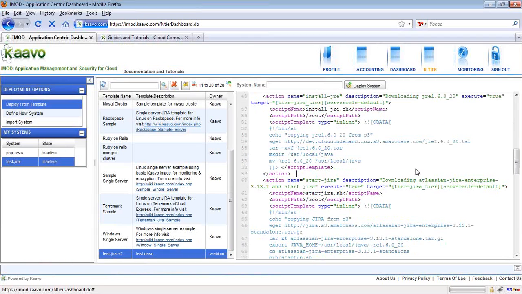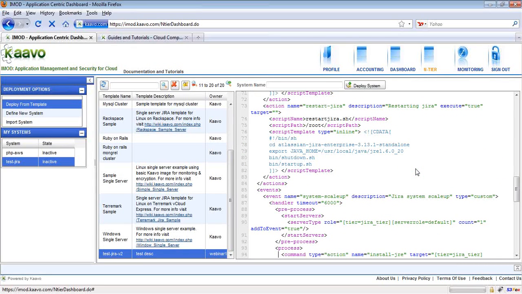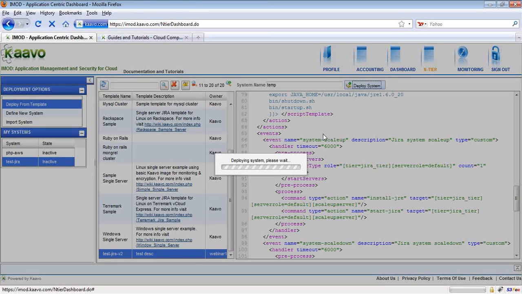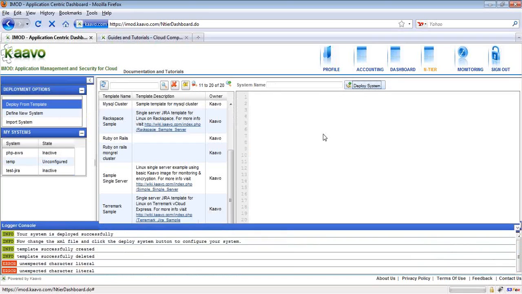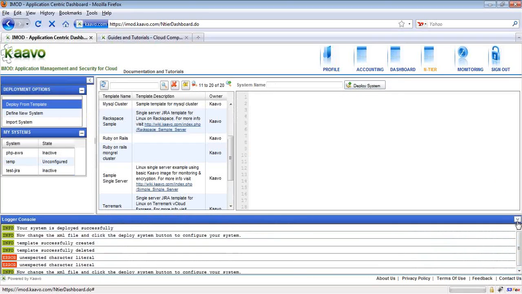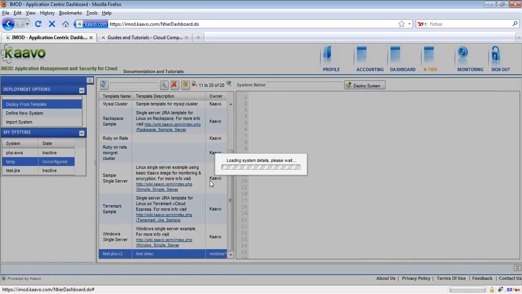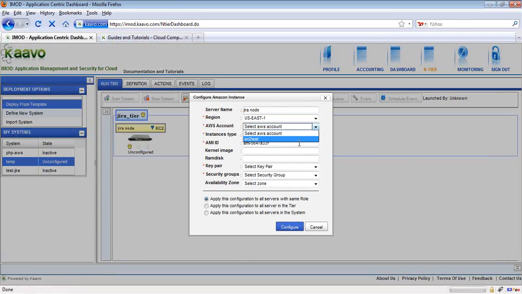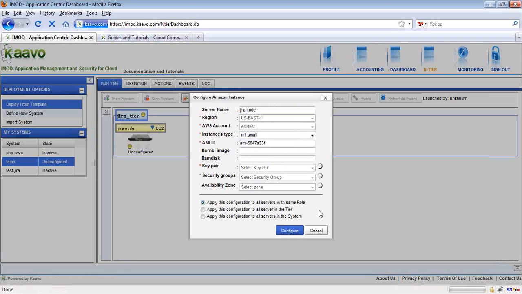The previous template got modified in the code window, and it was done manually. That's why, while deploying it, it's giving an error. So let me try to delete the system cleanup event from this template. Let me create a system from this. Configure the system.